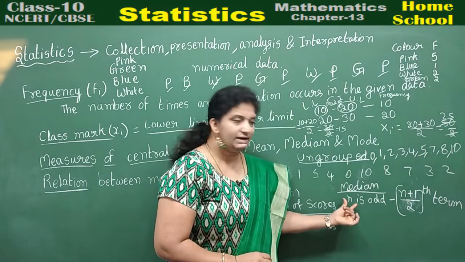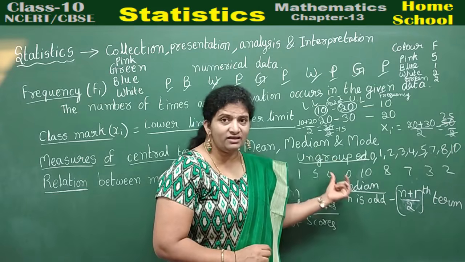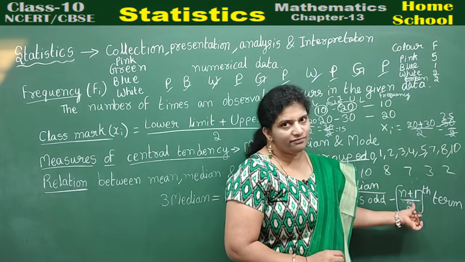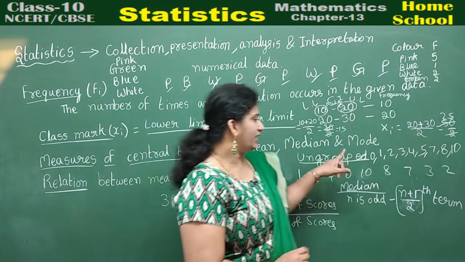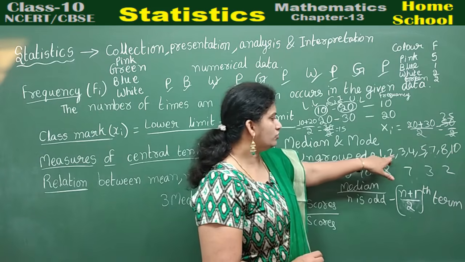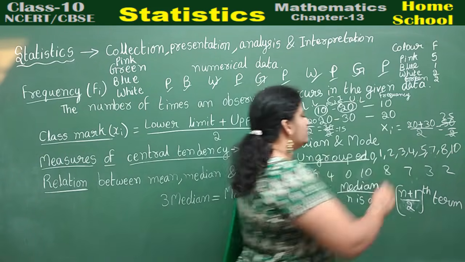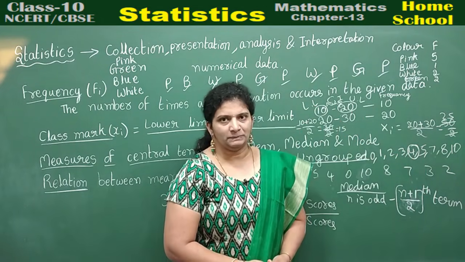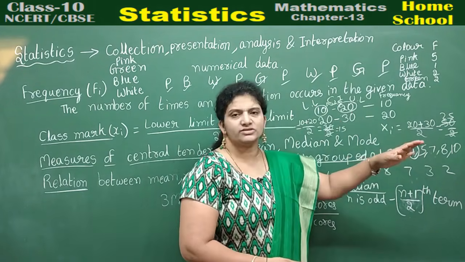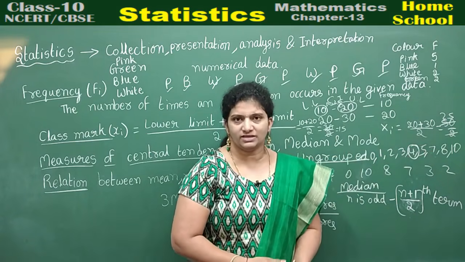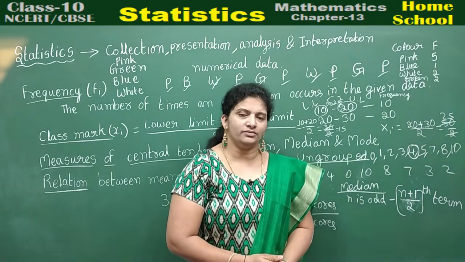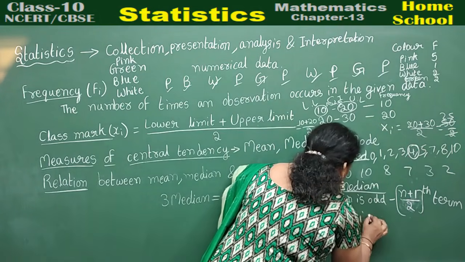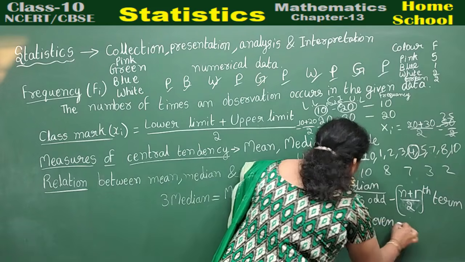N value is 9. Then what is the median here? N plus 1, 9 plus 1, 10. 10 by 2 is 5. 5th term is the median. Count from here: 1, 2, 3, 4, 5. This is the median. The 5th term is called the median. Or directly you can say, arrange the scores in order, and the middlemost score is called the median when n is odd. Then when it is even, suppose n is even,